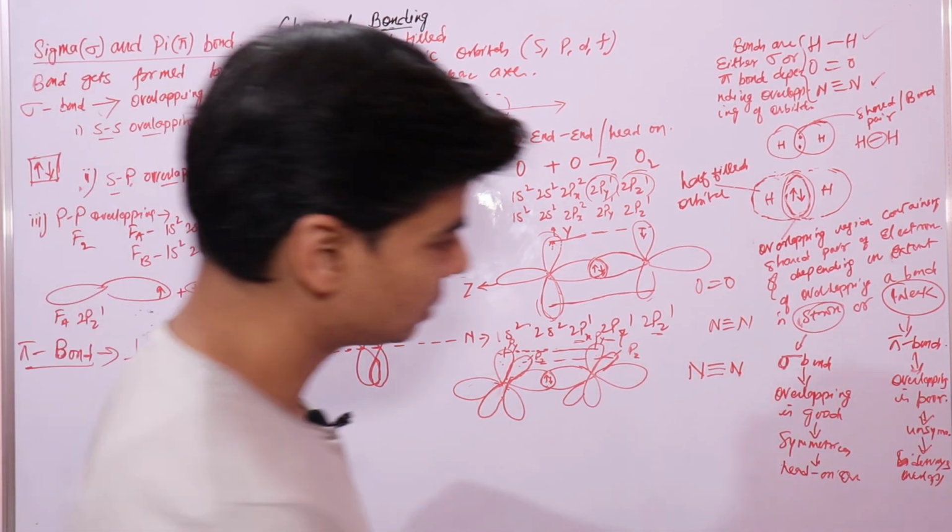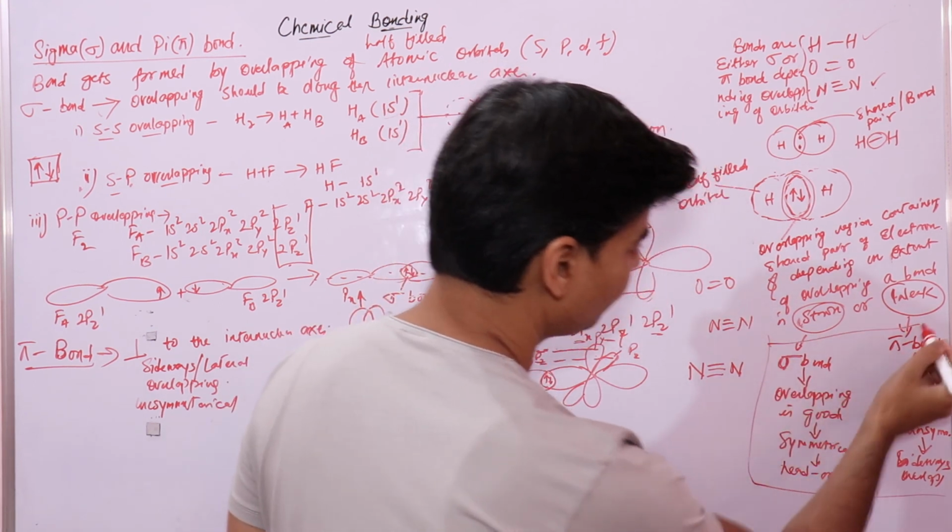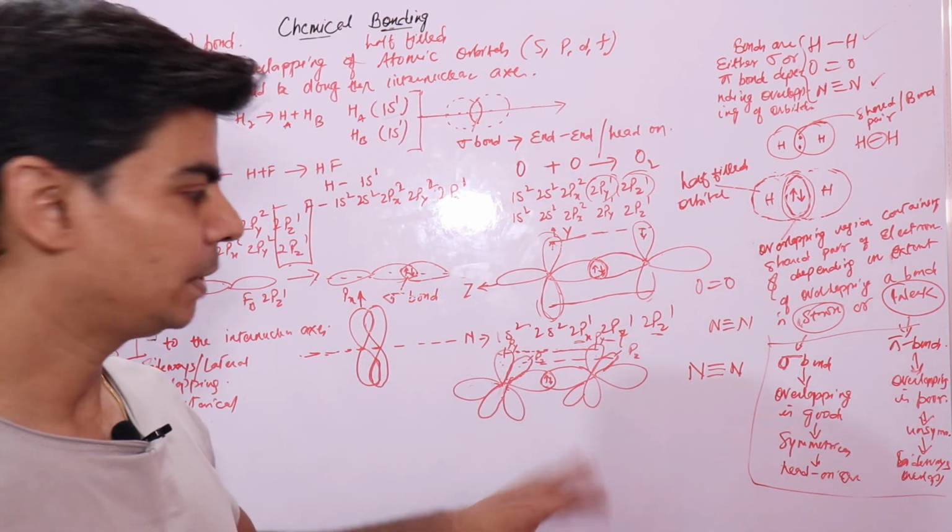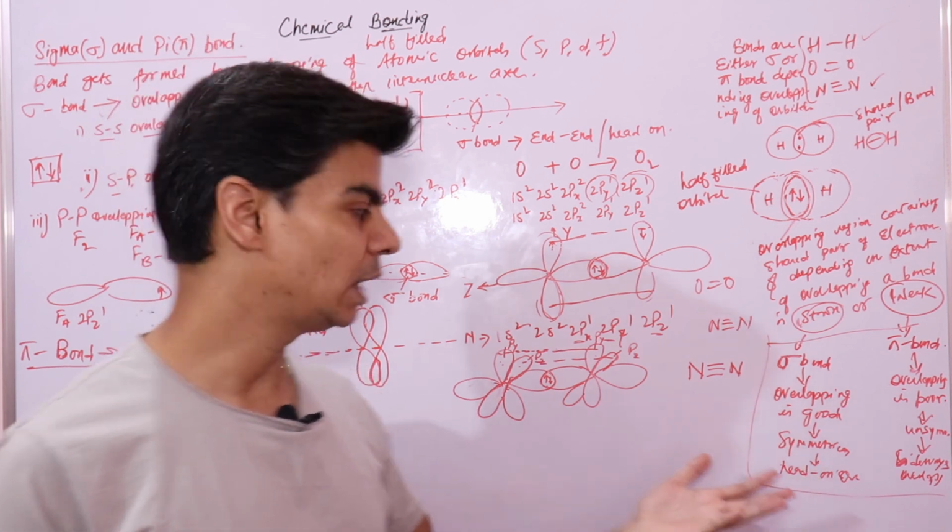There are some differences between sigma and pi bonds that you should know, and just remember the poor overlapping and the good overlapping. The good overlapping will make a strong